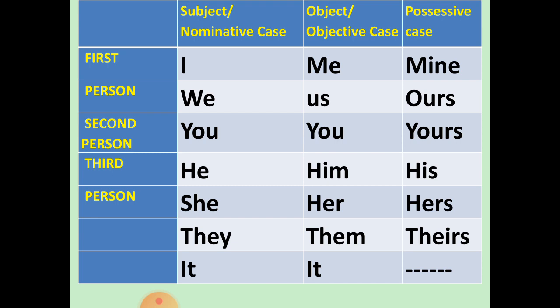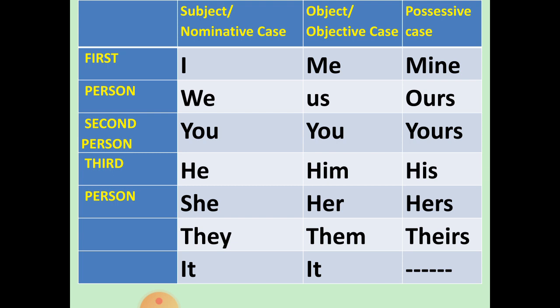When we use a pronoun as an object in a sentence, that is objective case. And the third one is possessive case. These words, mine, ours, yours, his, hers, theirs, show the possession. So these pronouns show the possession, कि कोई चीज़ किसकी है, right? You need to learn this table very carefully. Try to understand this table. In your previous chapter also, I gave you a similar table, and that day also I told you to remember this, to note it down carefully.